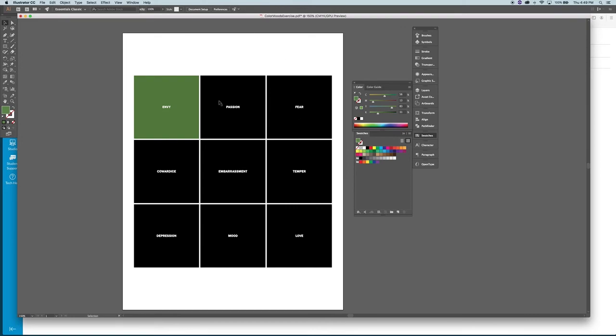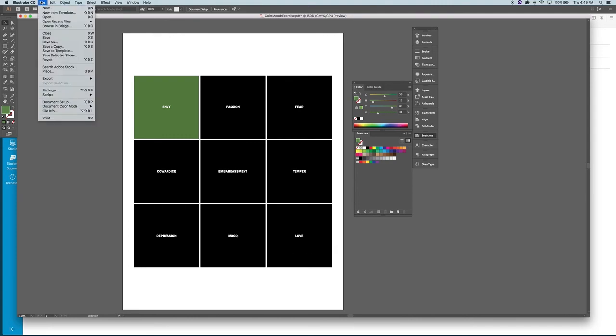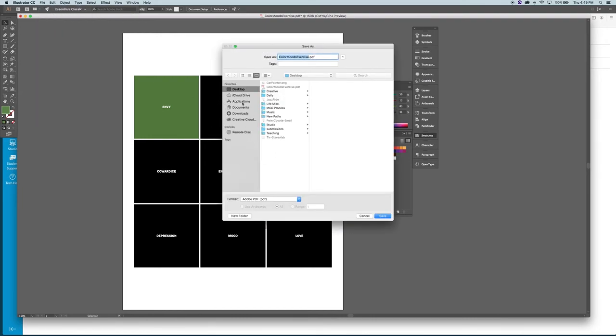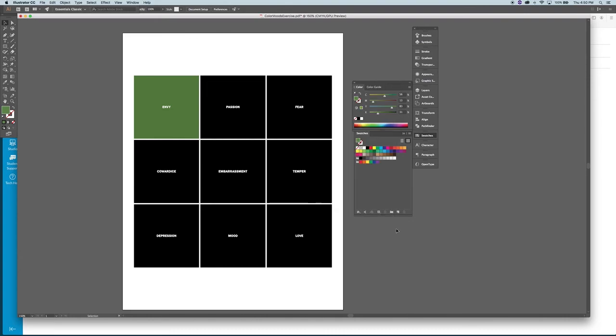Once you have everything set up in here, and you're good to go, you have all your colors in place, all you're going to do is go to File, and go to Save As, and you're going to pick wherever you want to save it to. And then you're going to hit Adobe PDF. It'll probably default to that because you've opened it as a PDF. If you want to save it as an Illustrator file, so you always have that file, that's fine. It's probably not necessary because this PDF should be editable in Illustrator still. So just make sure that's PDF, hit save, and you're going to upload that PDF into the assignment in addition to your